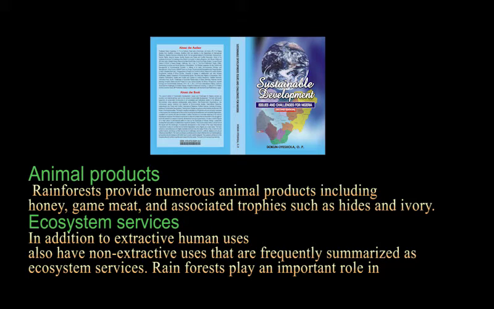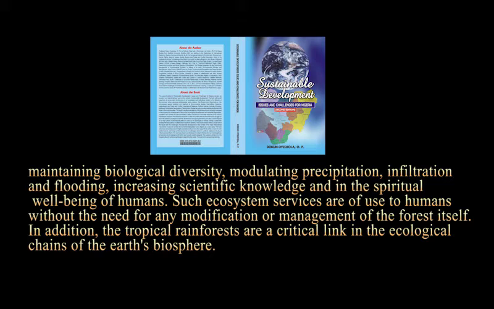Ecosystem services. In addition to extractive human uses, rainforests also have non-extractive uses that are frequently summarized as ecosystem services. Rainforests play an important role in maintaining biological diversity, modulating precipitation, infiltration and flooding, increasing scientific knowledge, and in the spiritual well-being of humans. Such ecosystem services are of use to humans without the need for any modification or management of the forest itself. In addition, the tropical rainforests are a critical link in the ecological chains of the Earth's